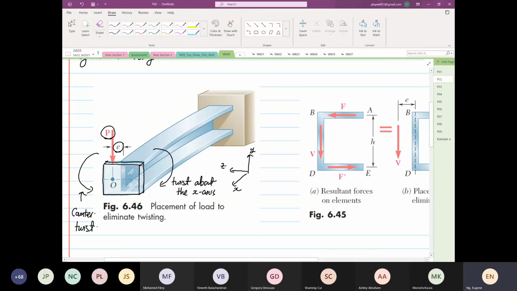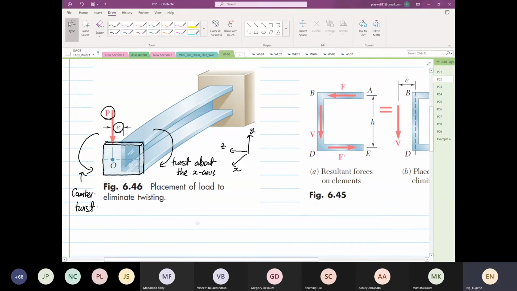Okay, this is known as the counter twist. What this counter twist does, like what you have seen down here, is eliminate the what? The twisting. So we got rid of the twisting, right? When we got rid of the twisting, then after